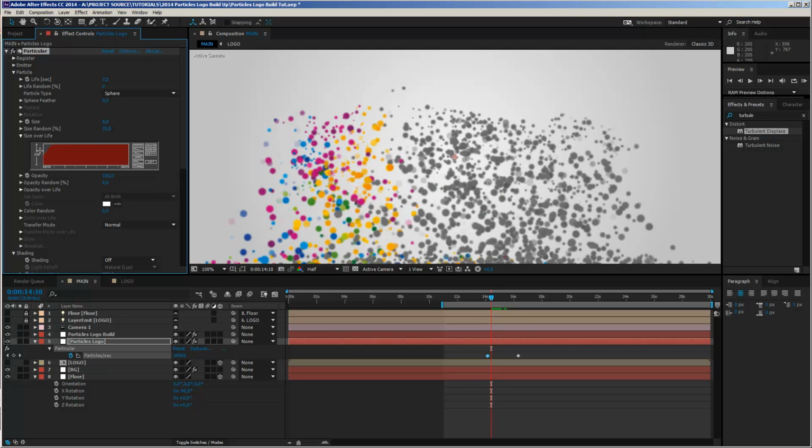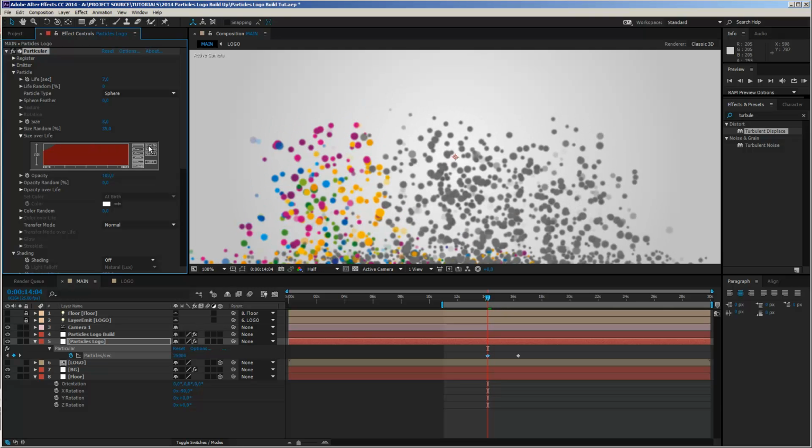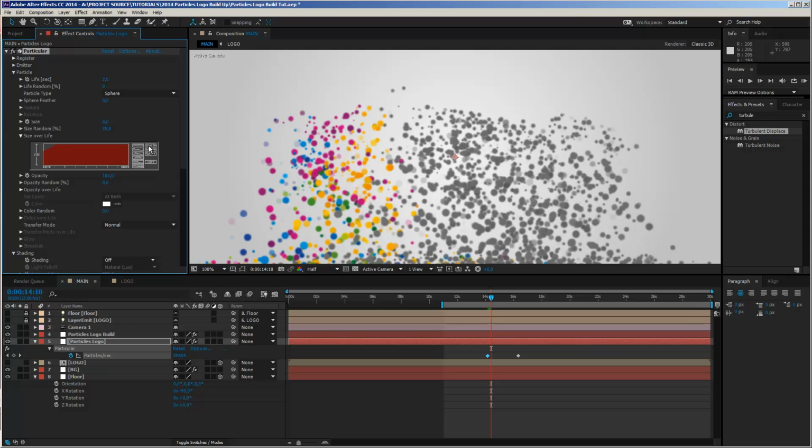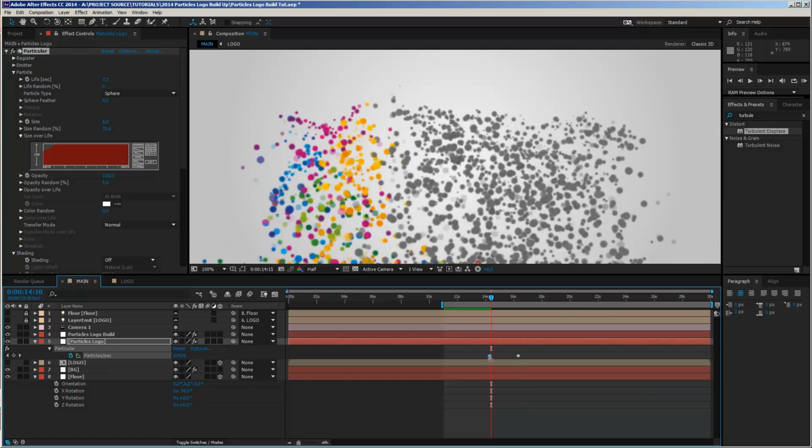Maybe this is even still too small. So let's make something like that. So such a little curve here. Smooth it out. And let's see how this looks. And I think that this will probably look a little bit more organic. So line this up again to the right spot, right about here. And now let's take a quick RAM preview.